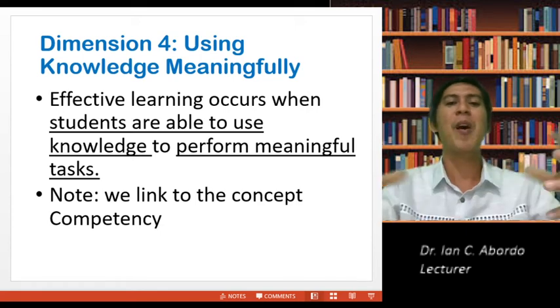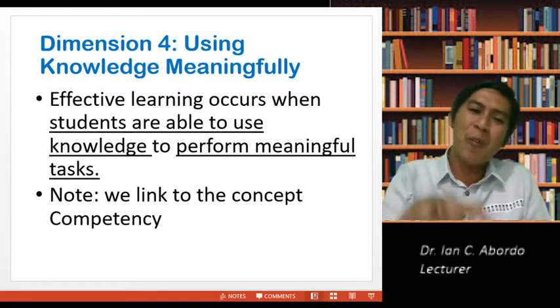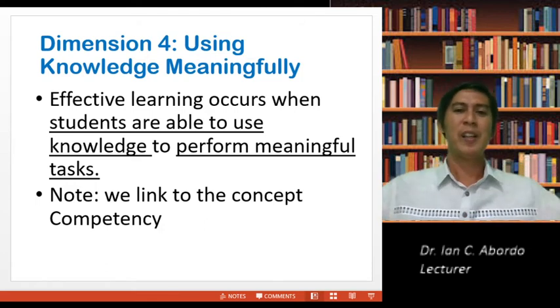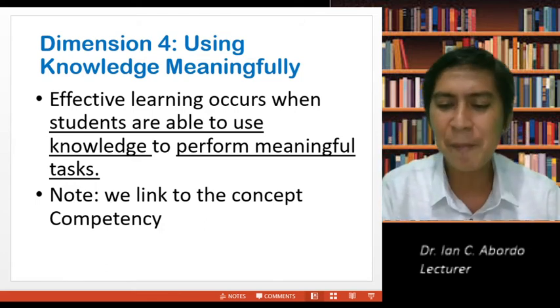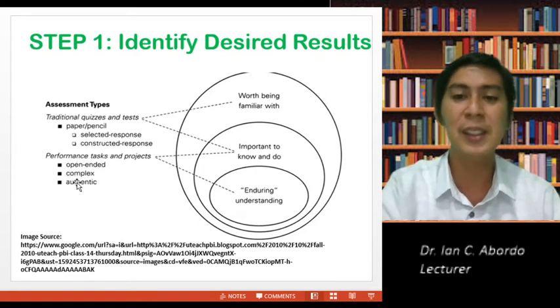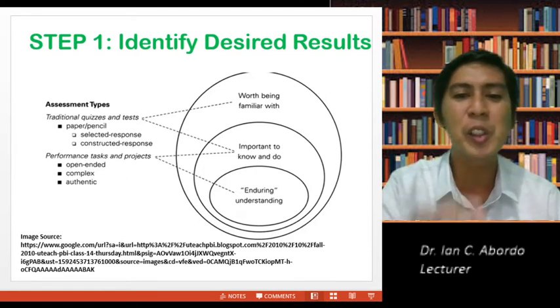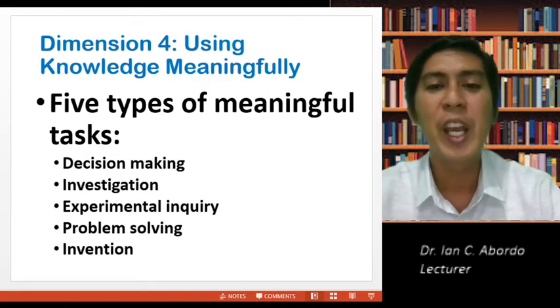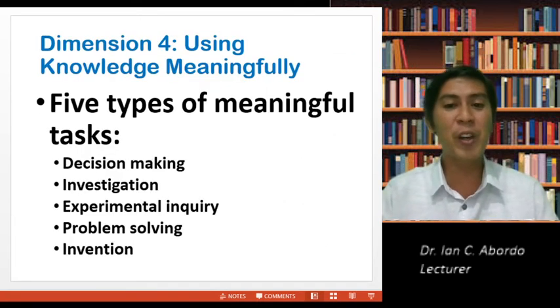So put variety, be flexible, provide more options students can access. Okay, we discussed this already a while ago, right? Performance task. So this is using knowledge meaningfully.